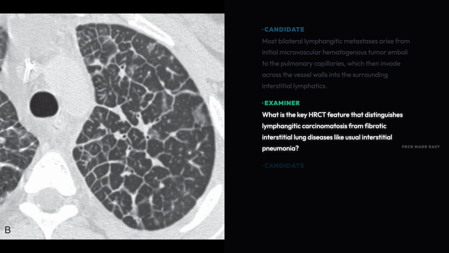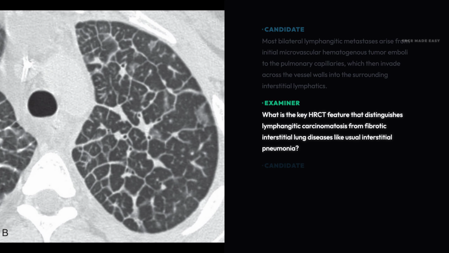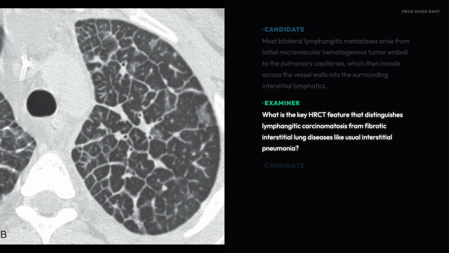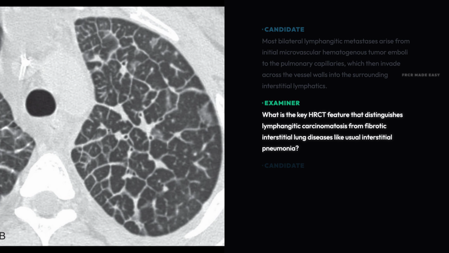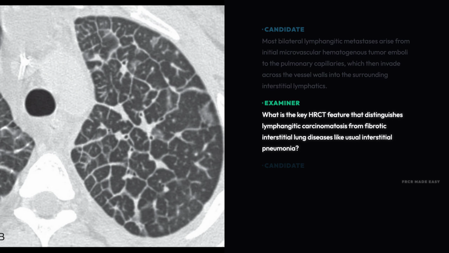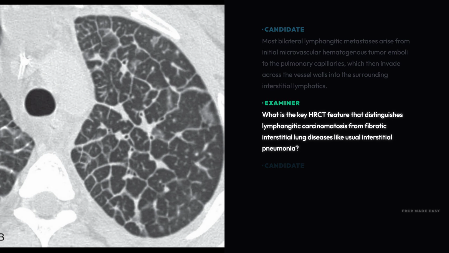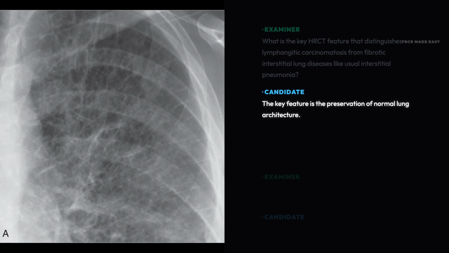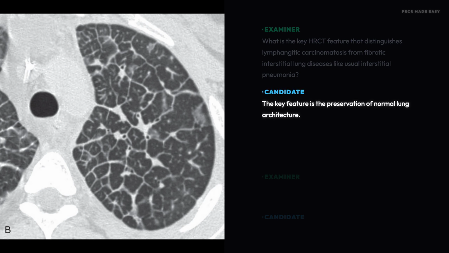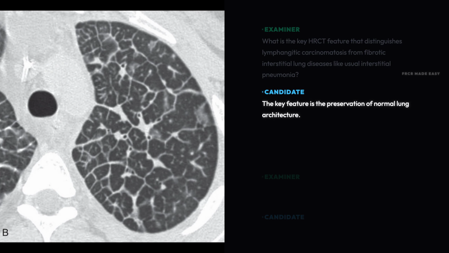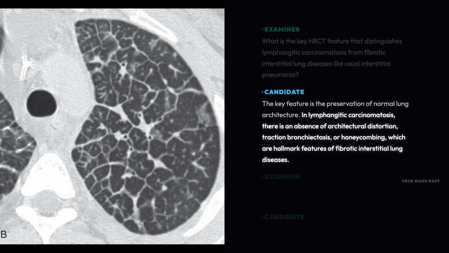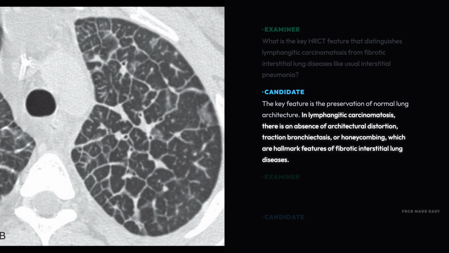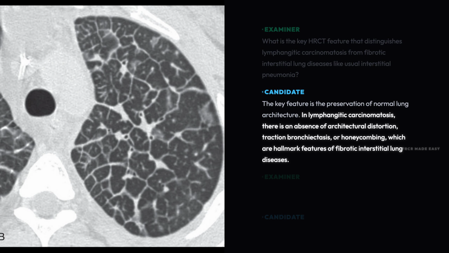What is the key high-resolution computed tomography feature that distinguishes lymphangitic carcinomatosis from fibrotic interstitial lung diseases like usual interstitial pneumonia? The key feature is the preservation of normal lung architecture. In lymphangitic carcinomatosis, there is an absence of architectural distortion, traction bronchiectasis, or honeycombing, which are hallmark features of fibrotic